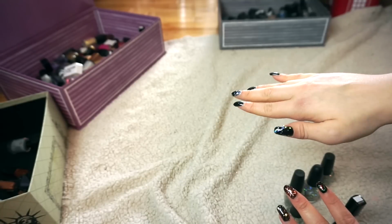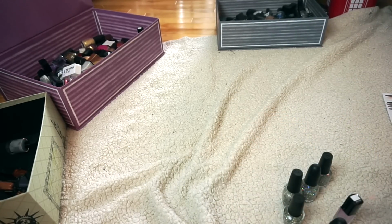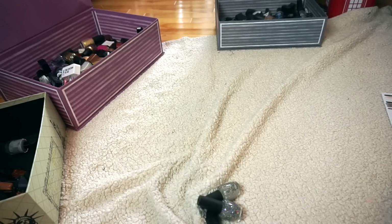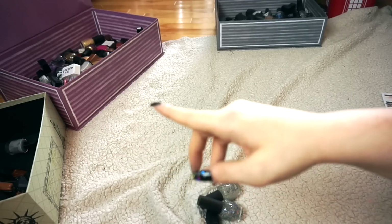Okay, so I had to do the various glitter top coats just for fun. I wanted to see if there was anything that I wanted to get rid of, but there's not, so I'm going to keep the glitter top coats. That was a huge mistake though, putting that on before I finished this video, because now I can't pick anything up. So anyway, I have my box full of polishes that I'm keeping, my ones that I'm going to try again,